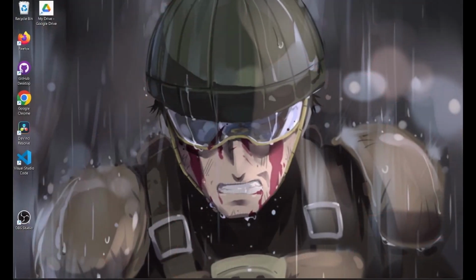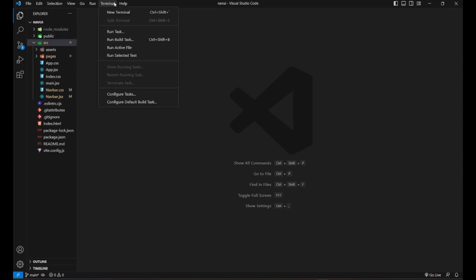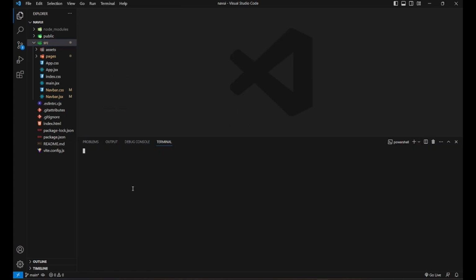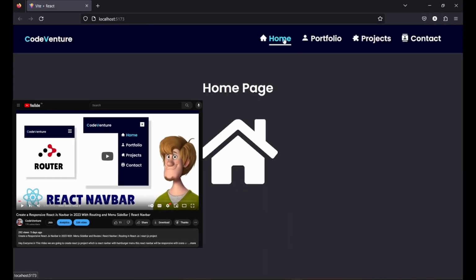Okay, so we will open our navbar project, which is in VS Code, and you can see the folder structure here. You can create the dark mode toggle or the dark mode button, whatever you call it, in any project you want, or if it's just a Vite file, you can just change the background color with the dark mode toggle. So you can run it on any project. By the way, this navbar was created in our previous video, which you can check out.